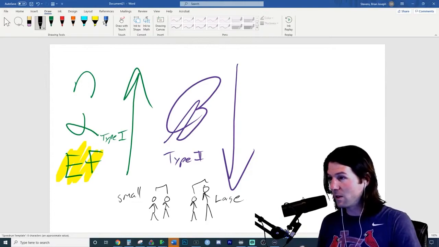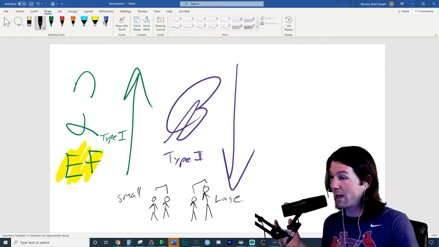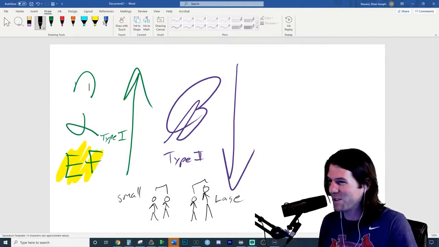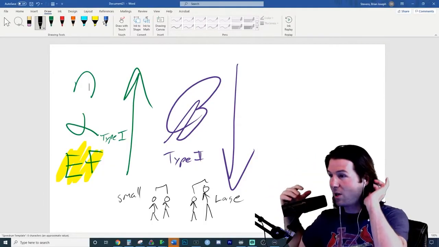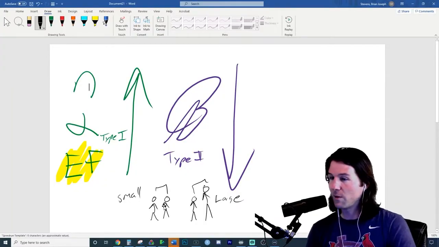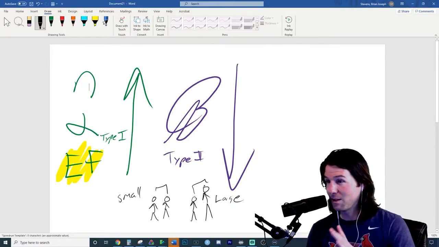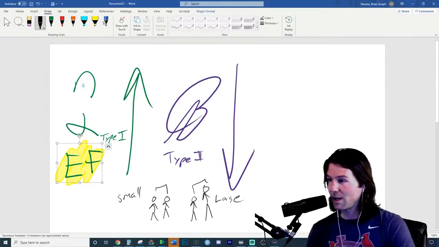Now, effect size is the true difference between the null and the truth. What I mean by this is, if we assume Brian and LeBron have no difference, well, that's preposterous. Of course, he's going to just destroy me in basketball. But the true difference is that LeBron is like 50 times better. Where the true difference between Brian and Darren, if we assume no difference, is that Darren's a good bit better, not as much better as LeBron is than Brian. But when we talk about the effect size, it is something we oftentimes have to estimate. So we don't know the true difference between LeBron and Brian, but it'd be pretty easy to see when they play basketball. And that's going to make it easier to reject the null and not make a type 2 error.